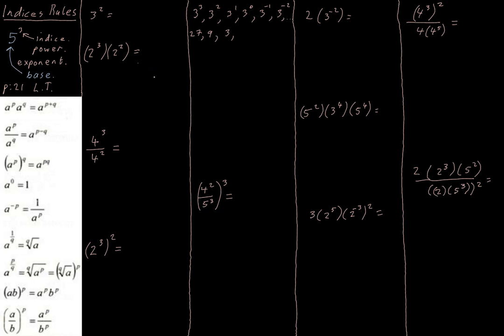Hello, now we are going to look at some rules for indices or powers. So our indices or our powers, if we look at our number up here, we have 5 to the power of 3. So the 3 is the indice, and we call 5, the big number, the base number. And it's important we know that base number name as well. So the larger numbers here are base numbers, and then the powers can also be called indices